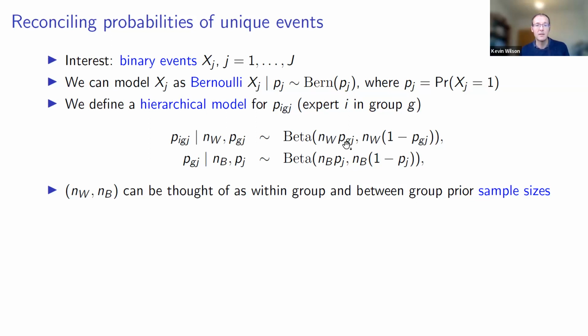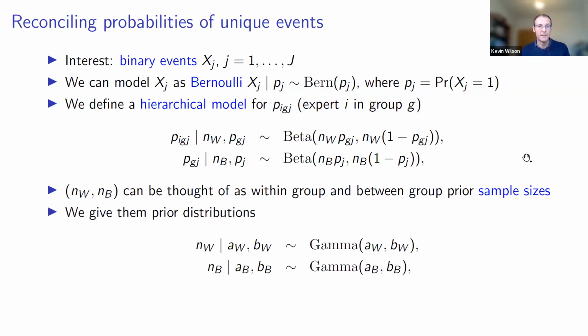And p is just the mean. So this is the mean of these probabilities. So these are the individual probabilities. These would be the group level probabilities. And in the hierarchical model, they would form the second level of the hierarchy. And then p_j is going to be the overall probability for this binary event. So this is going to be the decision maker probability that comes out at the end. And so we also need a prior distribution on that one, which should go down here, but for some reason I put it slightly later.